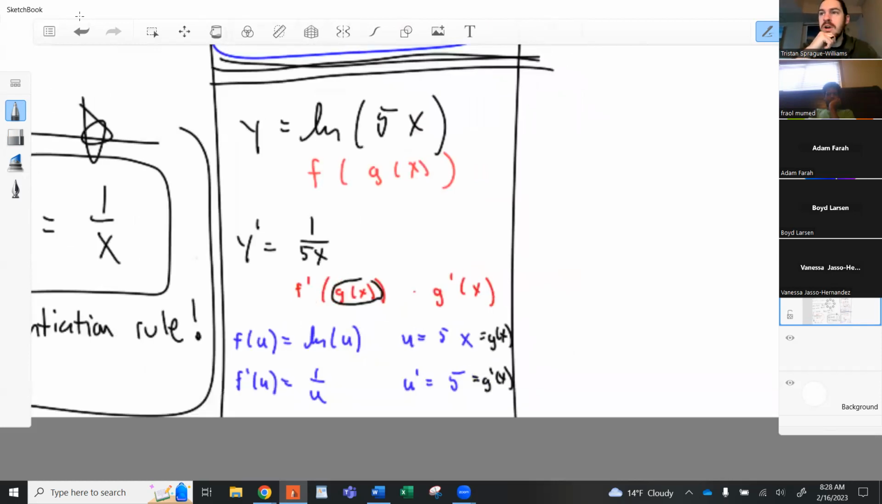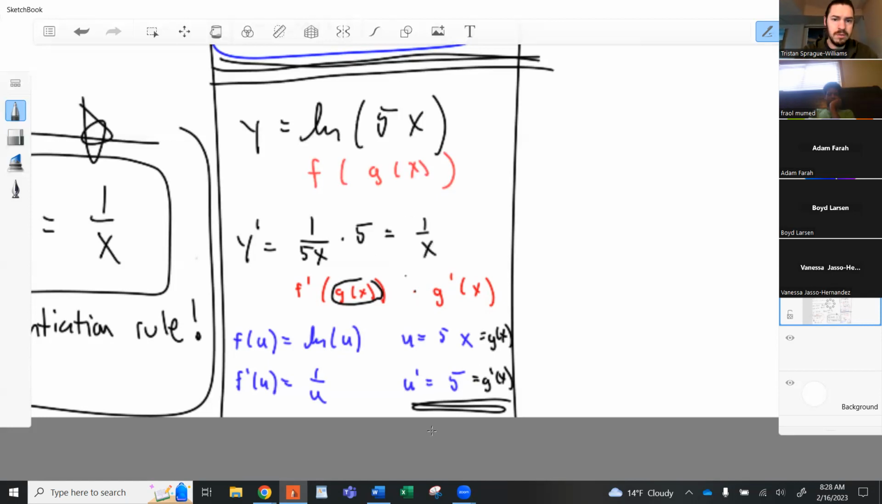Does that make sense so far? 1 over the function that was inside the logarithm, right? Because it's the f prime of the original g of x. Okay, so then I say this part, and then I do the times g prime, which is times the derivative of this inner function. Derivative of 5x was just 5, so times 5, like that. And there's my answer. It's 1 over 5x times 5, which is